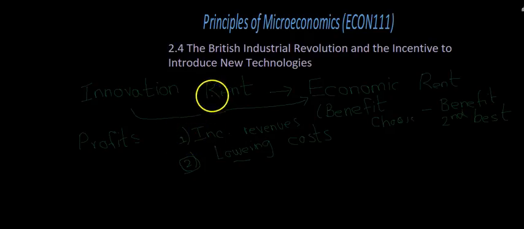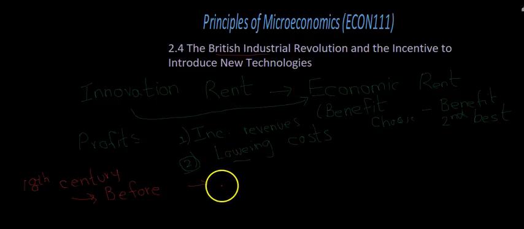So now let's come back to the British Industrial Revolution. It took place in the middle of the 18th century, and what actually happened before this revolution? Now we have to talk in the same manner: labor intensive technologies, capital intensive technologies, and all the same technologies, because innovations come through technologies. So first of all, we should guess what type of technologies would have been used before the Industrial Revolution. Many of you must have read that people used to work really hard, and labor was the most important thing in producing things. So we can easily guess that labor intensive technologies were used before